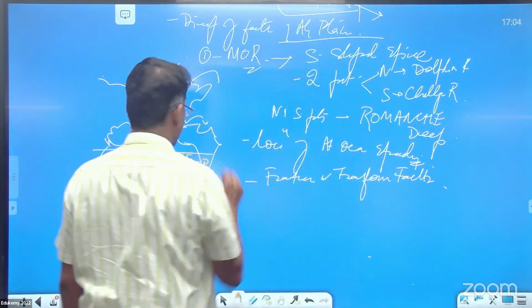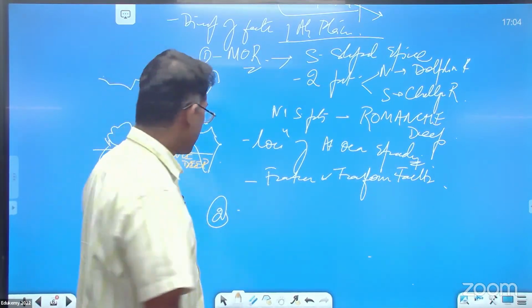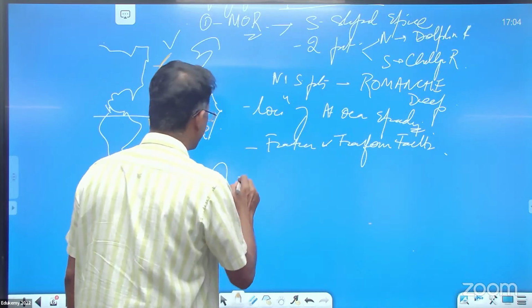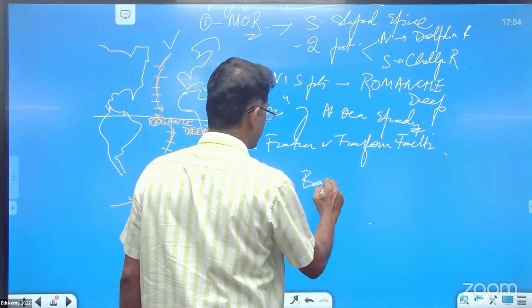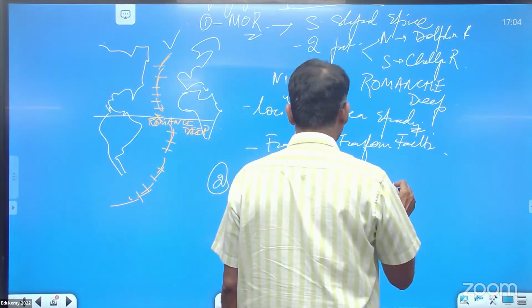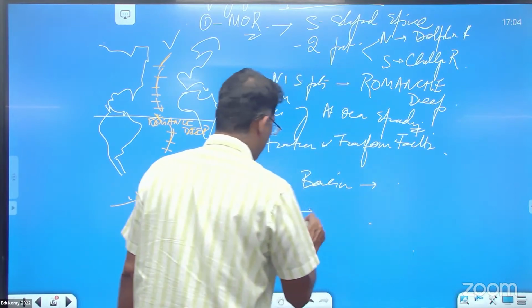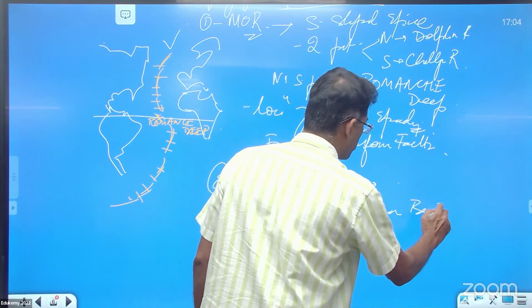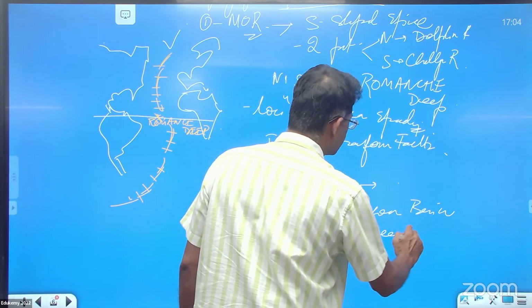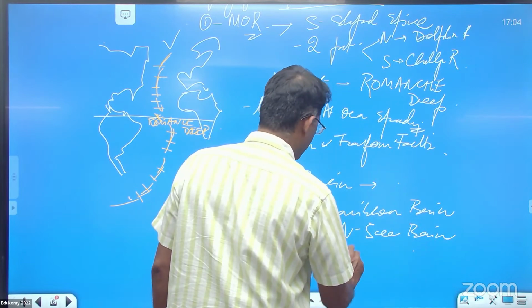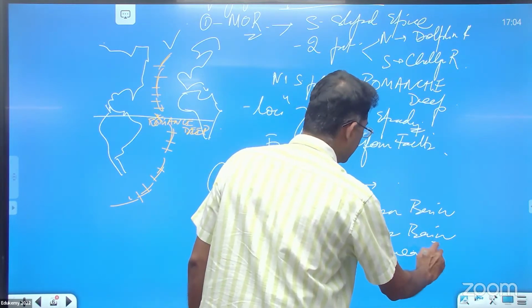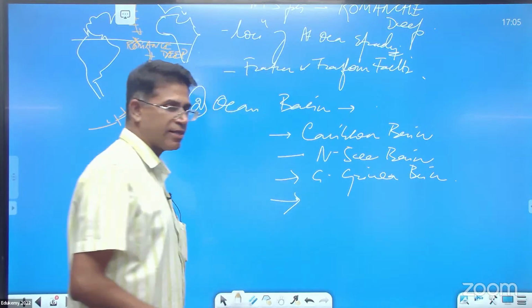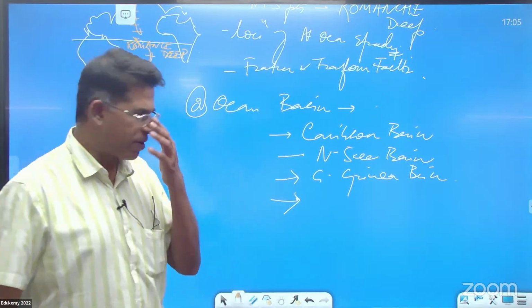Abyssal plains. The second feature on the abyssal plains is that there are ocean basins. These are parts of the floor. Ocean basins, such as the Caribbean basin, the North Sea basin, and the Gulf of Guinea basin. And just for your knowledge, if you want to know a bit more, on the western side of the Atlantic toward North America,